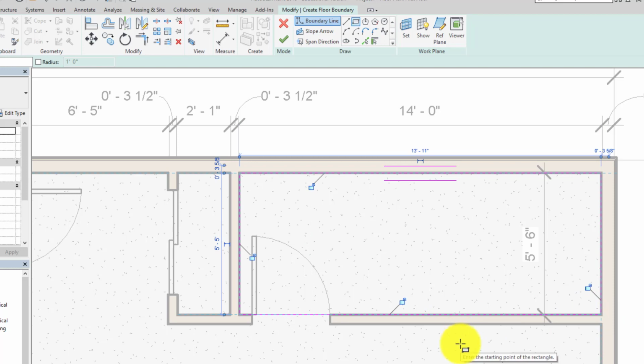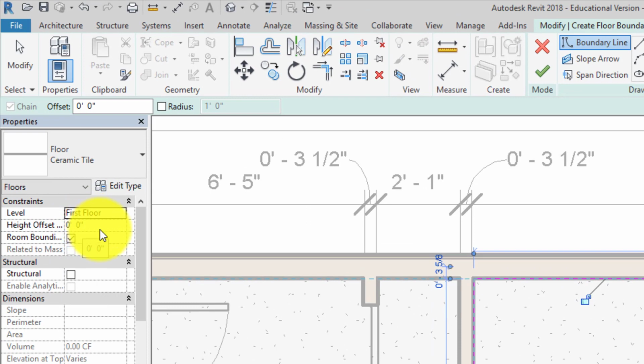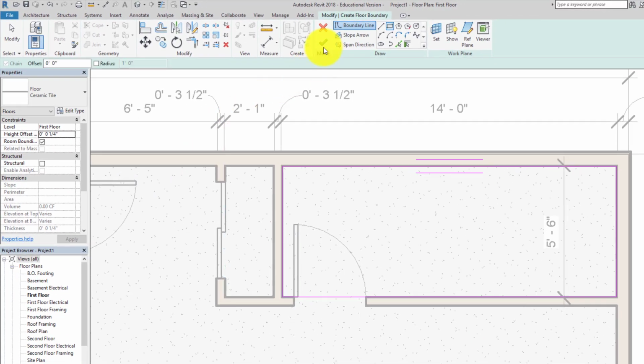Now, here's the thing that we didn't talk about in class. You need, over here in your properties, you need to make a setting so that the tile is on top of the concrete that you've already put down. So they both default to come in at 0, 0, which is a vertical reference point. So I want, because that tile is a 1/4 inch thick, I want it to come in at 1/4 of an inch above. So I put a height offset of 1/4 inch, click apply,